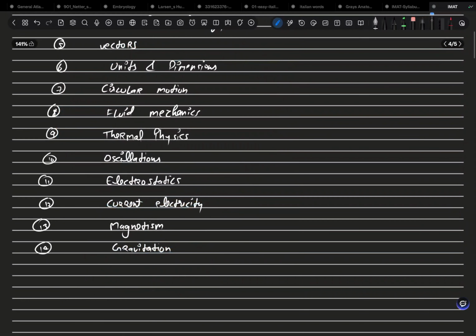Okay, and then there will be magnetism. It is similarly dependent upon these five, and then there will be gravitation. It is common like electrostatics, but a little bit different and also dependent upon those other five basic chapters. Okay,